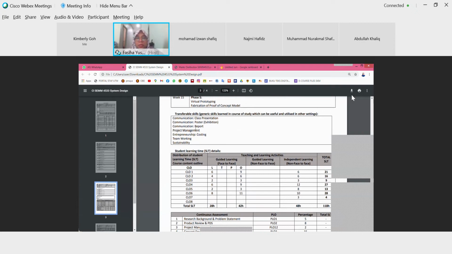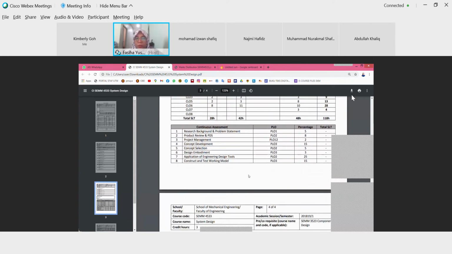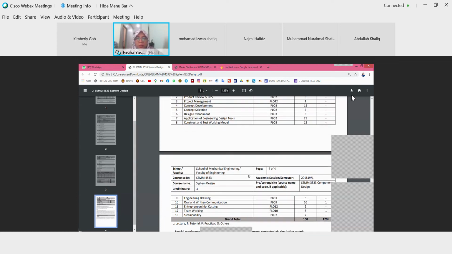These are the skills: class presentation, poster, report, project management, costing, thinking, and sustainability. You don't have to understand this.